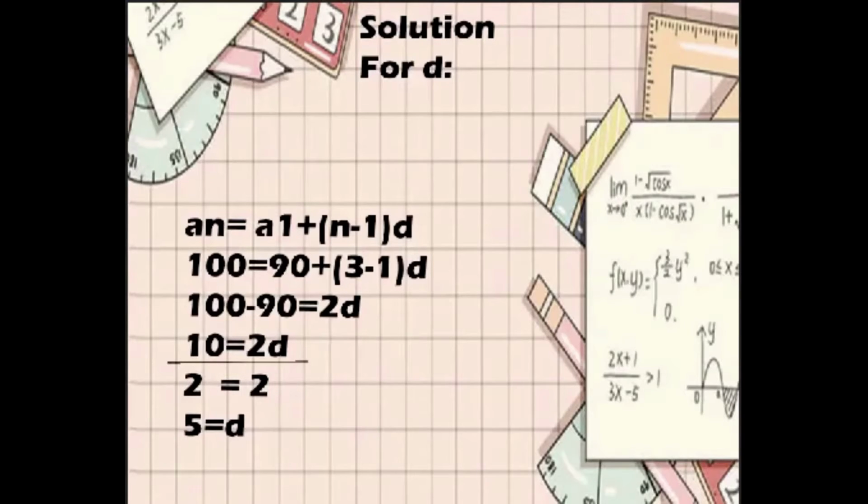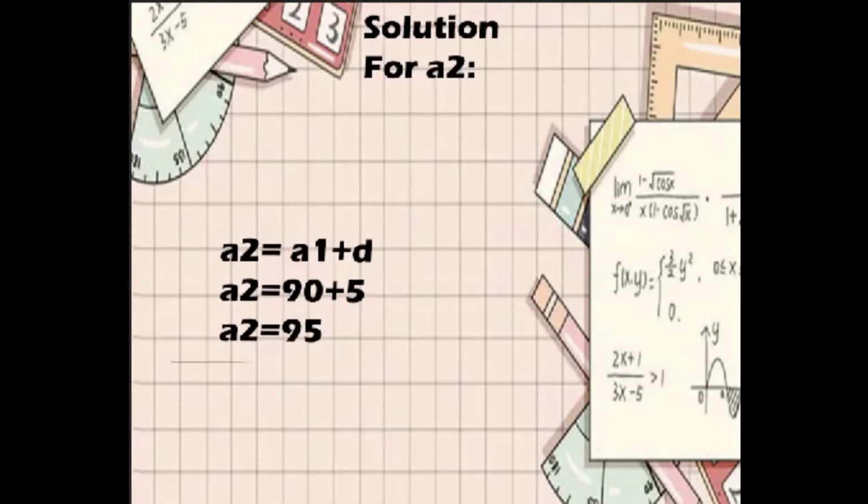Then it becomes 10 is equal to 2d. We need to divide by 2 so we can cancel the 2 on the right side, so it becomes 5 is equal to d, or the difference is 5. After knowing the difference, we need to solve for a sub 2, and the simple formula for getting